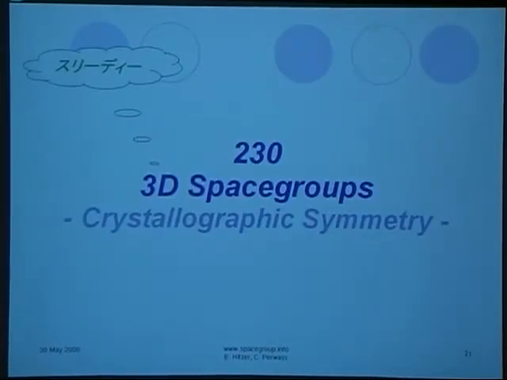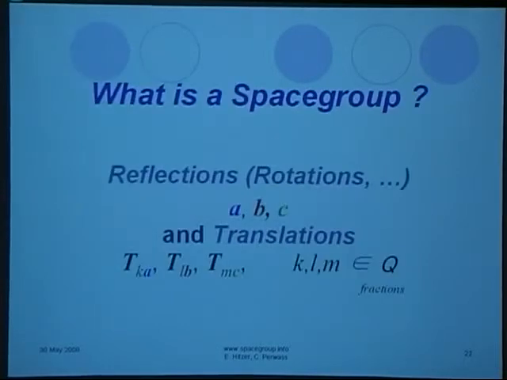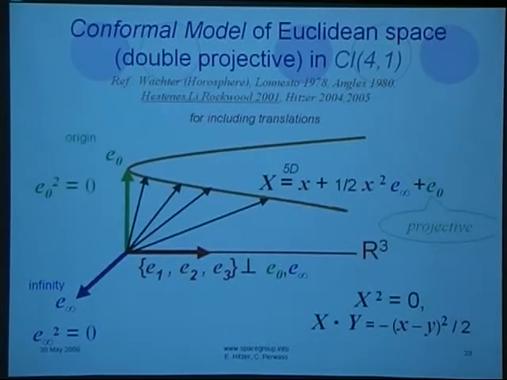Then let's go to the space groups, which express crystallographic symmetry. So I have basically, again, these vectors generating reflections and all other point symmetry transformations. And then I add translations in the directions of A, B, and C, and they may possibly be fractions. If I have a face centering or something, then such a number is 1/2. Now,